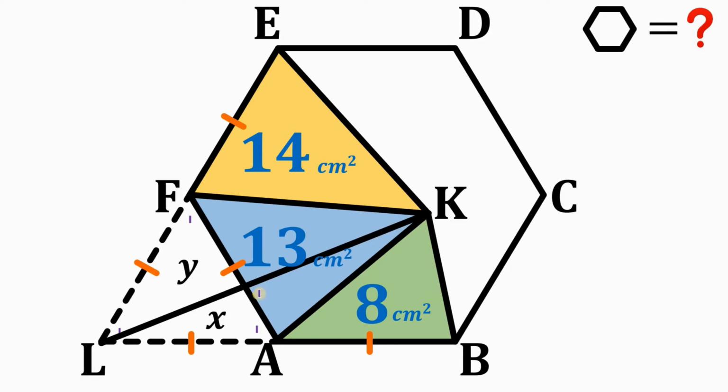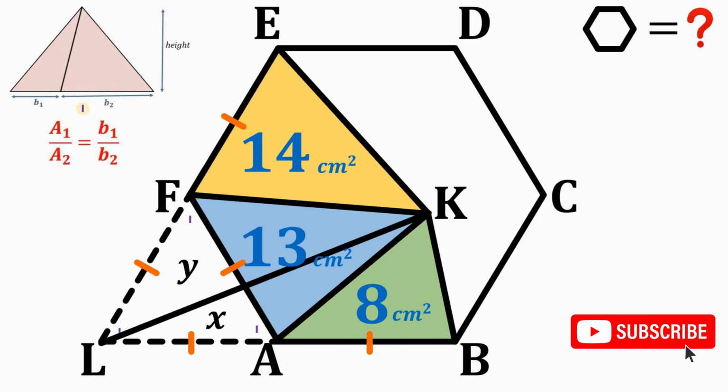So, the area of this triangle LFA is X plus Y. Now, from here, we will use this concept of triangle. If we have 2 triangles having the same height, then the ratio of their areas equals the ratio of their bases. Take note that their bases are equal. Therefore, the area of triangle LKA is also the same as the area of the triangle AKB, which is 8